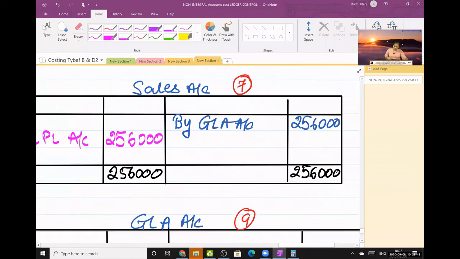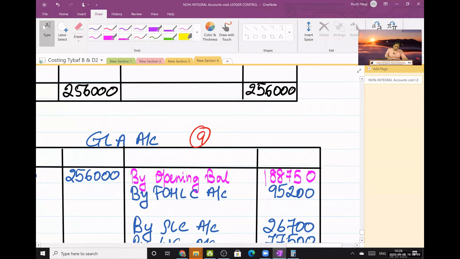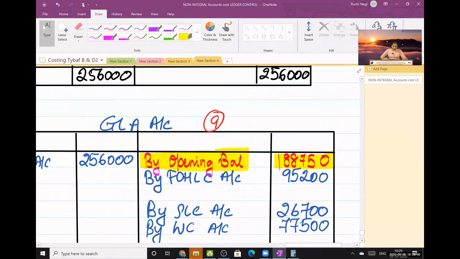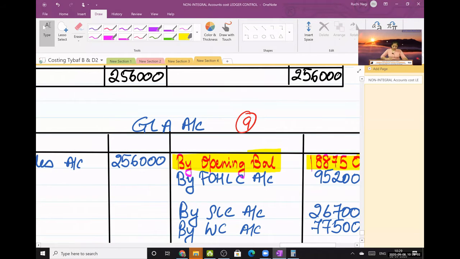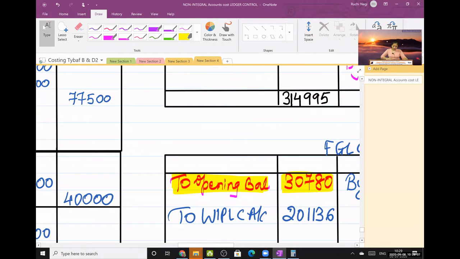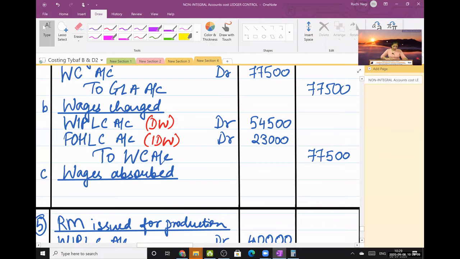And GLA also has an opening balance on the credit side. By opening balance 1,88,750. Okay. So first transfer the opening balances to their respective ledgers. Next,